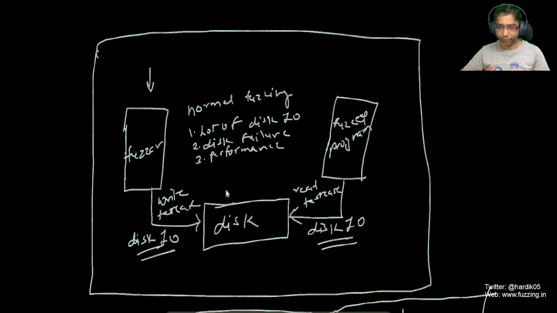And when the newly generated input has been written to the disk, the fuzz program will read the data from the disk again. So again it has to do a lot of disk IO operations. It will use this data, and then if any crash or any new code path is found, it will process accordingly. So here the fuzzing speed depends on the disk, right? Whatever disk read and write speed you have is going to affect your fuzzing campaign speed.